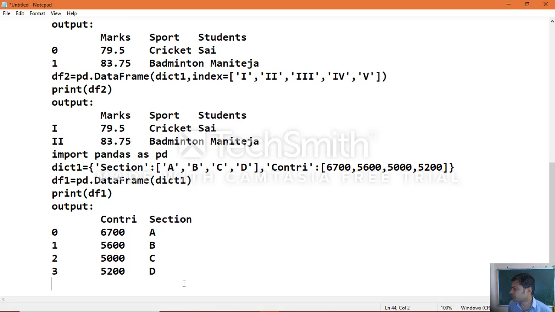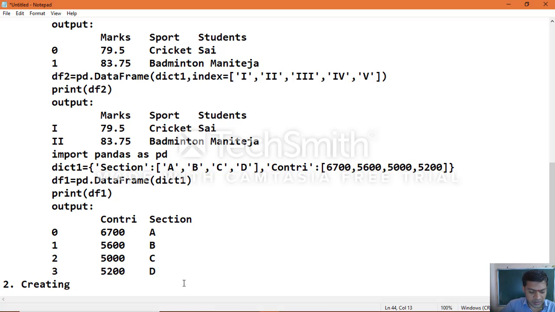Now in the same manner, another type of example. So far we took dictionary values to represent a data frame in tabular form. Now we have a dictionary having values as dictionary objects, an inner dictionary within the dictionary. We will see how to create a data frame object that way.